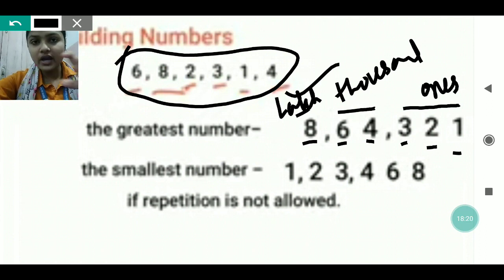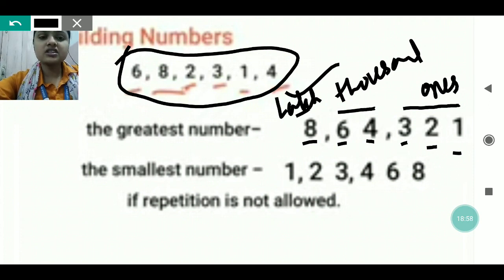But when we are writing it together, we have to keep this in our mind. If you put a comma after every digit, then it is a wrong way of writing, and that will be completely wrong. You have to write in this way only. When you are forming from the greatest to the smallest, you have to write the number like this, and after that, according to the periods, you have to put commas. In the same way, when forming the smallest, the same procedure is there. The smallest will be written first, and then accordingly you will move on, like 1 2 3 4 6 8, and the commas are put according to the periods.